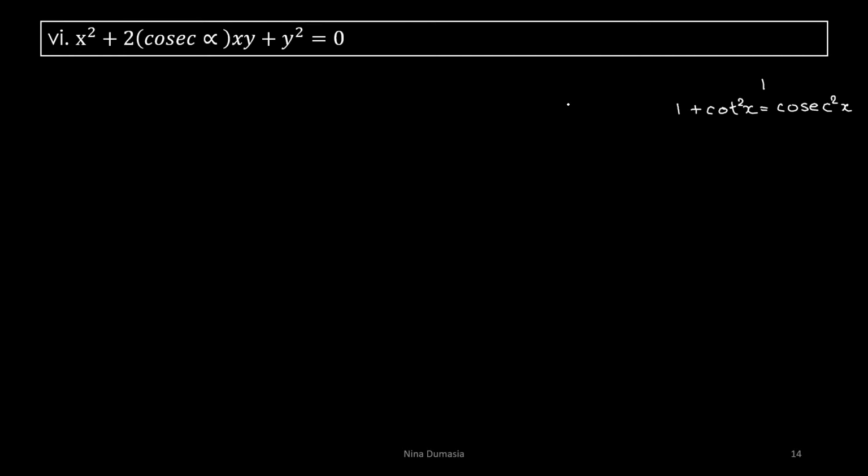But this is a very roundabout way of solving this. It is not necessary that this strike always works, so that is why we will try to convert into the auxiliary form and then solve it. Okay, but you can also do it in this way. You can, like I said, write 1 is equal to cosec square alpha minus cot square alpha, and then you split this as cosec alpha minus cot alpha into cosec alpha plus cot alpha. If you add them, you actually get 2 cosec alpha. Okay, anyway I am teaching you by the auxiliary equation method. So first of all, to convert into the auxiliary equation,